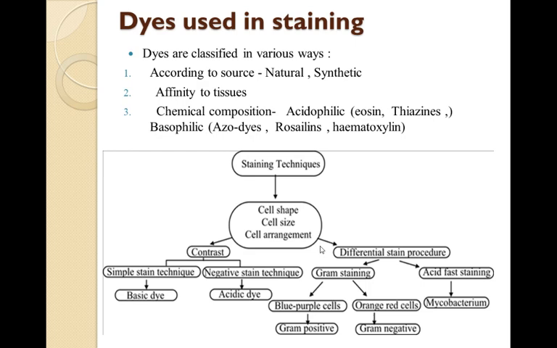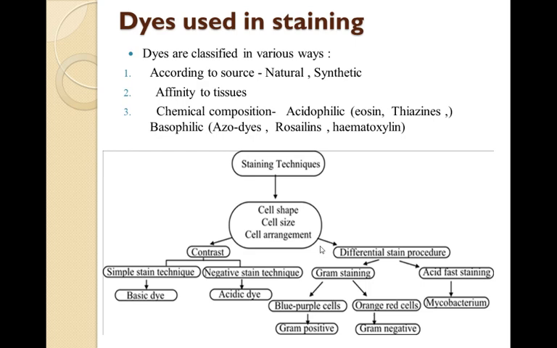So in positive staining, what would happen? The specimen would be colored, but in the condition of negative staining, the background will be colored. This is because the specimens are almost always bacteria, we normally examine bacteria. Bacteria have a negative charge on their cell wall. An acidic dye is negatively charged, so it will be repelled and would not take the stain, hence the background would be stained.